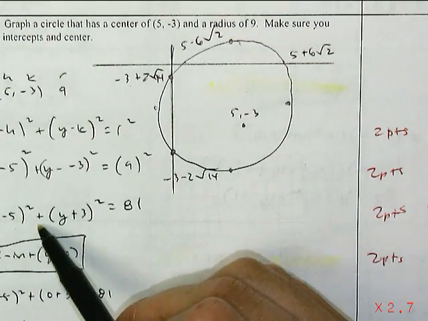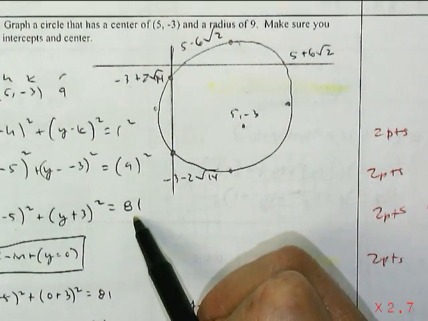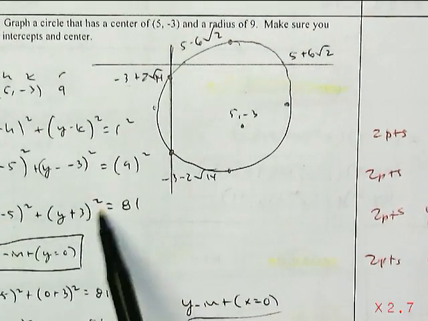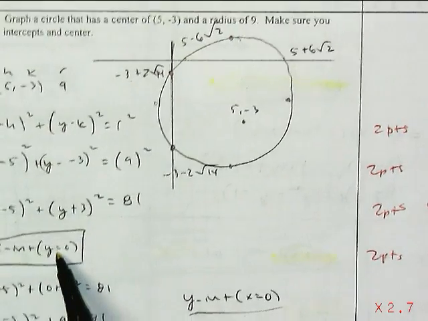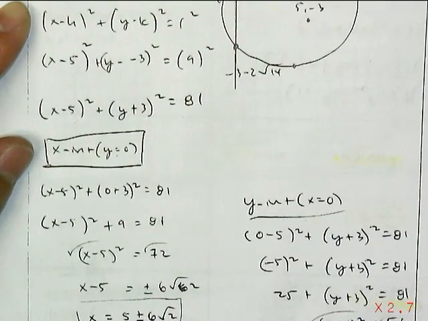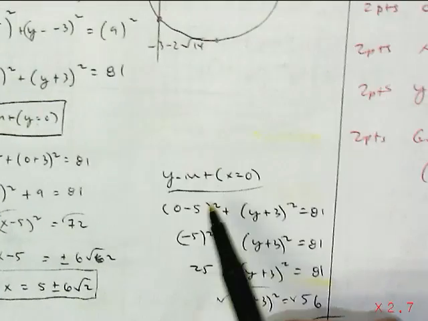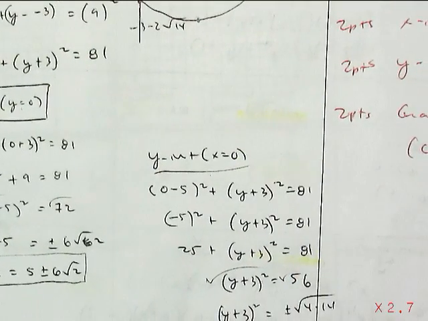And plus y plus 3 squared equals 81. I put in standard form to find my x-intercepts by making y equals 0. Here are my x-intercepts. Find your y-intercepts by making x equal to 0, and that's the reason why we need